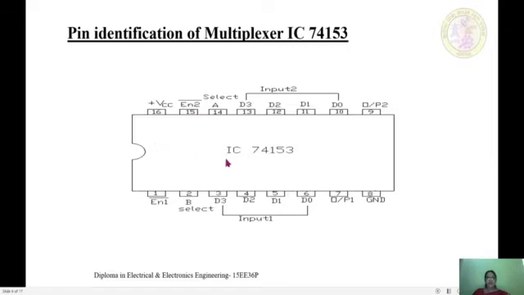And as we know that inside each IC there will be number of diodes and transistors, and for the operation of the diodes and transistors we are going to connect plus 5 volts to pin number 16, and we have the ground terminal which is connected to pin number 8. IC 74153 is a 16 pin IC, and the pin number 1 is identified looking into the notch here. Very close to the notch towards the left we have pin number 1, and it goes like that up to pin number 8, and the pin number opposite to 8 is 9, and we have the increasing order of the pins, and the last pin will be pin number 16.